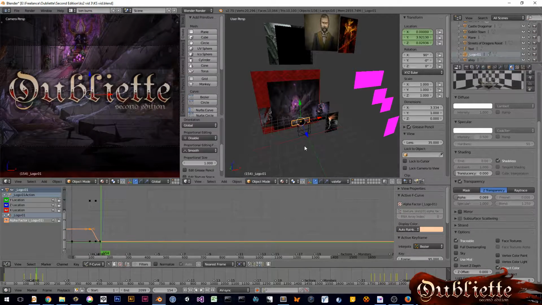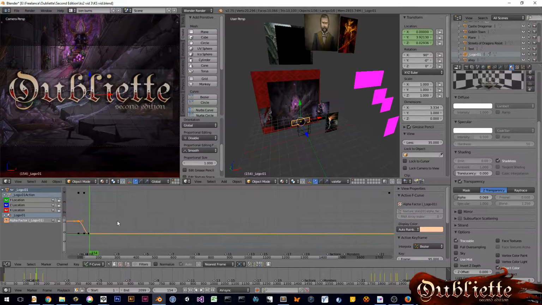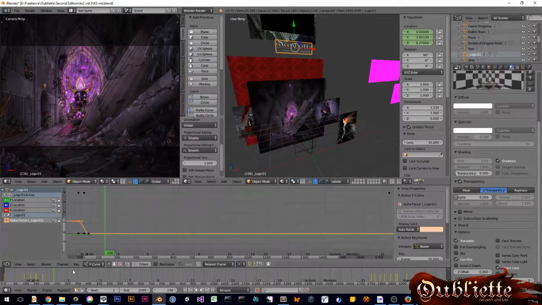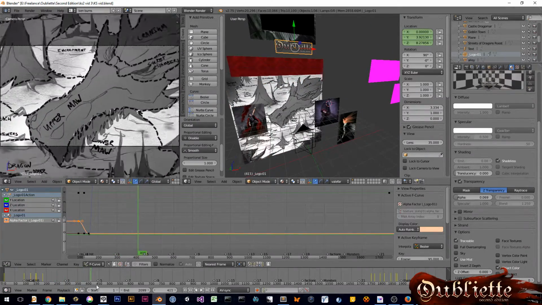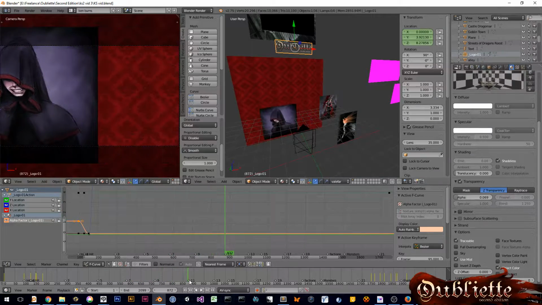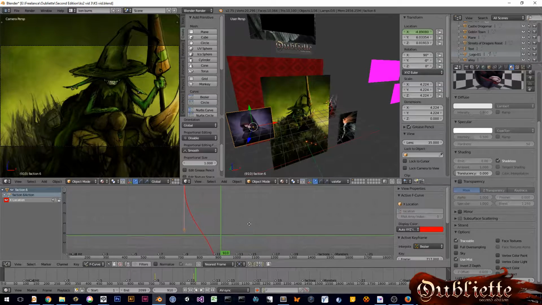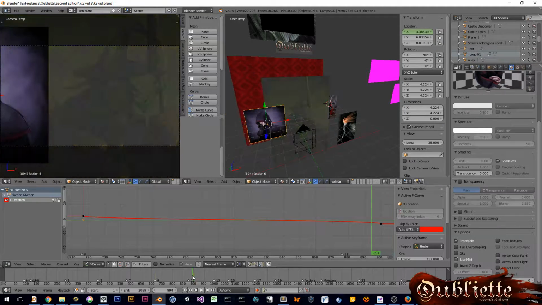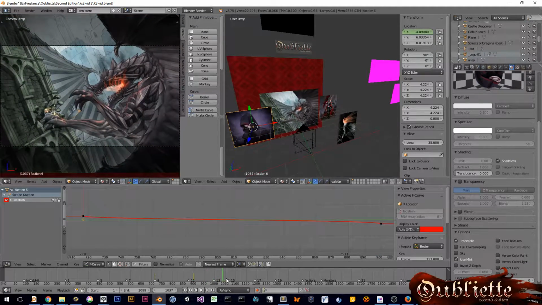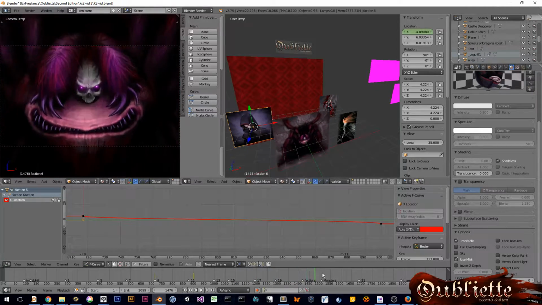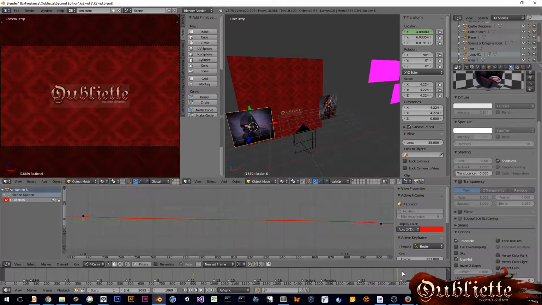And that's basically the whole thing. As I scroll through, you can see in the 3D view, scrub through rather, the way the different images pan back and forth. That's all just individual keyframing on each different object. Some of these are only animated in one axis, and they just go on and off of screen. And that's pretty much how I did the entire video, is just pushing and pulling normal keyframes back and forth,